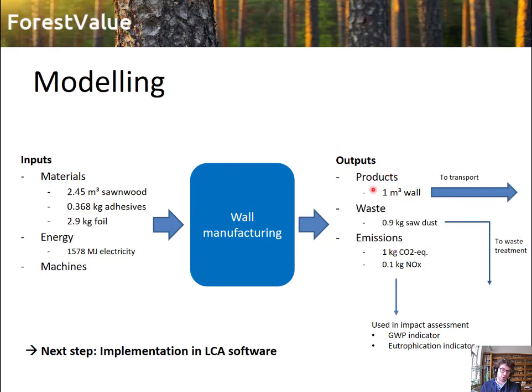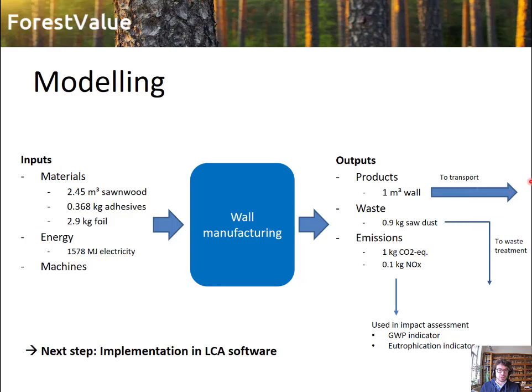Of course, you have 1 cubic meter of wall. You usually have some waste materials, so it can be sawdust, it can be wastewater, and so on. And you have some emissions. So, for example, CO2 emissions, some nitrogenous emissions, and so on. The 1 cubic meter of wall is the valuable output, so that is